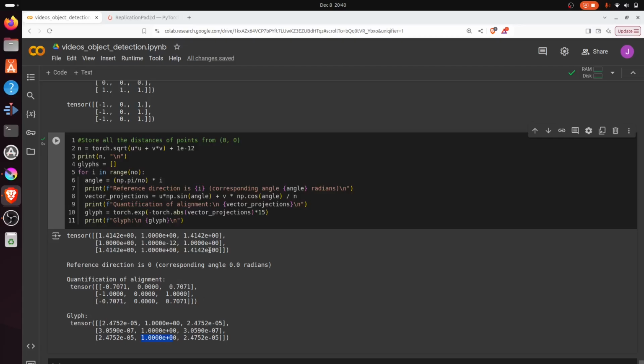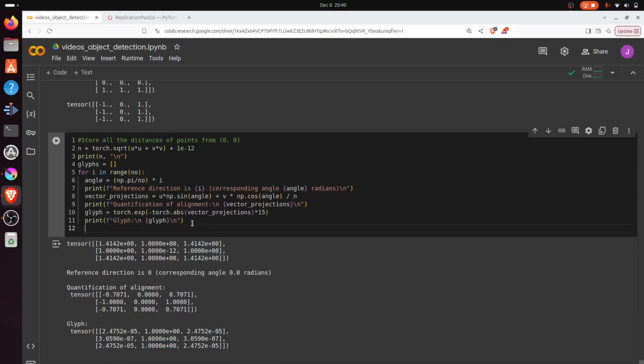Well, we continue, because we just introduced the glyph definition. But now what we want to do is to filter certain results. What do I mean by that? Well, let's have a look. So now what we're going to do is the following. I'm going to say if the dimension is equal to 1, I'm going to state if the angle is less than pi over 4, that is an angle between 0 and, say, 45 degrees,